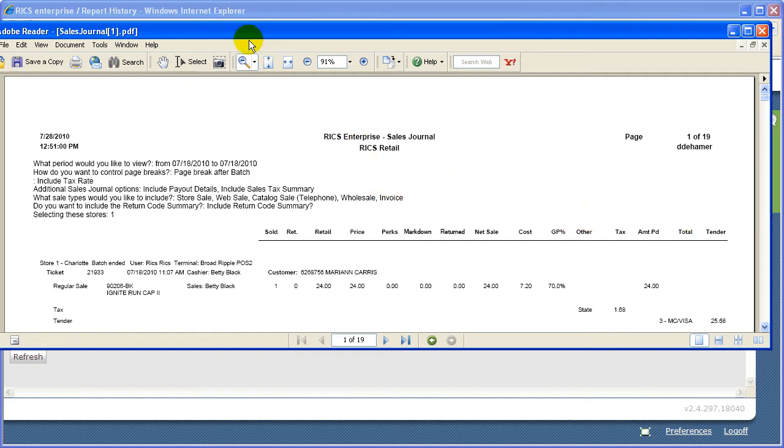You can click on the zoom in and out button up at the top here to either zoom in to make it bigger, zoom out. Then you see all the information that you've selected here. We are looking at 7/18 to 7/18, and we have a lot of detail. The store number, the user, the terminal, the ticket number, whether it was a regular sale, special order, layaway, the type of sale, the SKU number, the size, the salesperson, the amount sold, the number, and quantity of return,